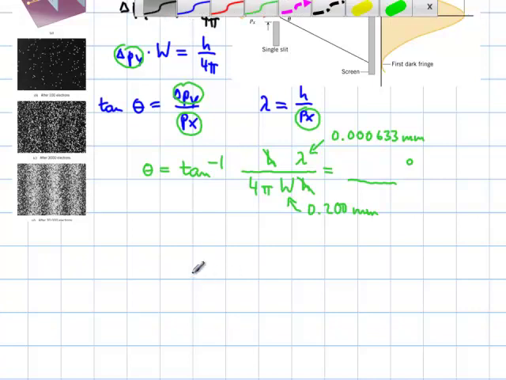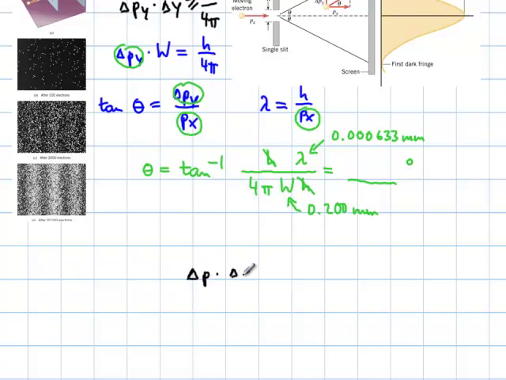So delta P times delta X is larger or equal to Planck's constant, that was supposed to be h, divided by 4 pi. Respectively, the uncertainty in the energy times the uncertainty in the time, same expression, larger or equal to Planck's constant divided by 4 pi. And that means